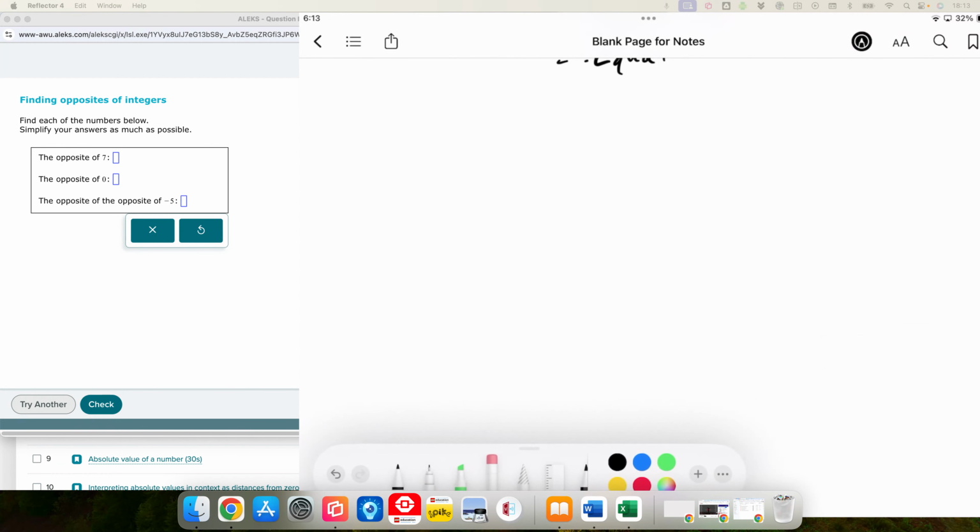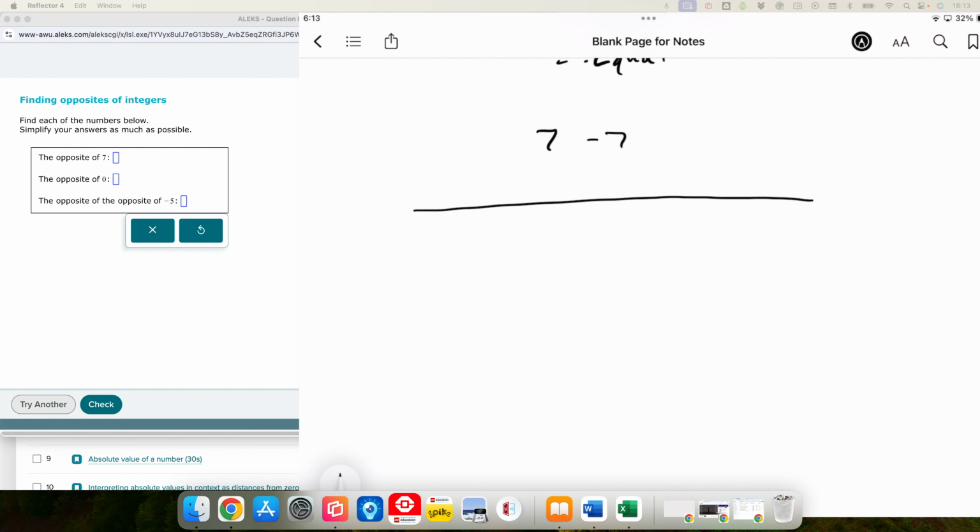So this question has a bit of a weird twist to it at the end. We need to remember that for opposites, all we do is switch the sign. So if we have the number 7, the opposite of that would be -7. The way that looks on a number line would be that we would have our original number 7, and we